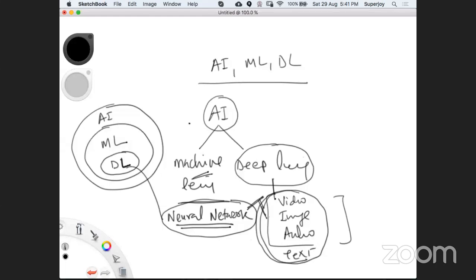Ritesh is saying, sir, what would be better to choose, ML or data science? I think data science is better, because in data science everything comes actually, Ritesh. In data science you have data analytics, data pipelining, big data handling, machine learning as well, and visualization as well.